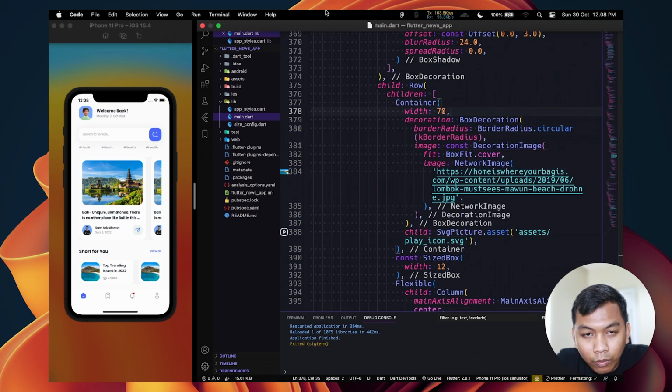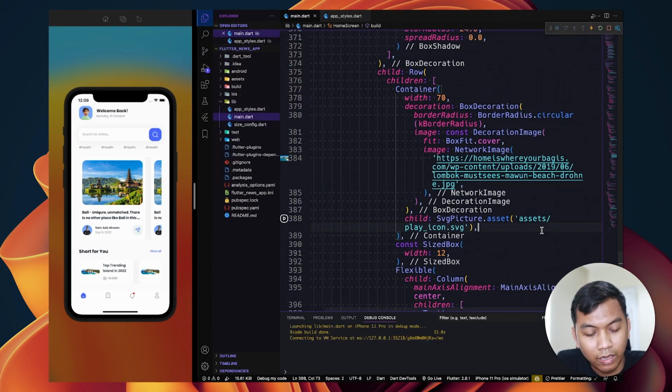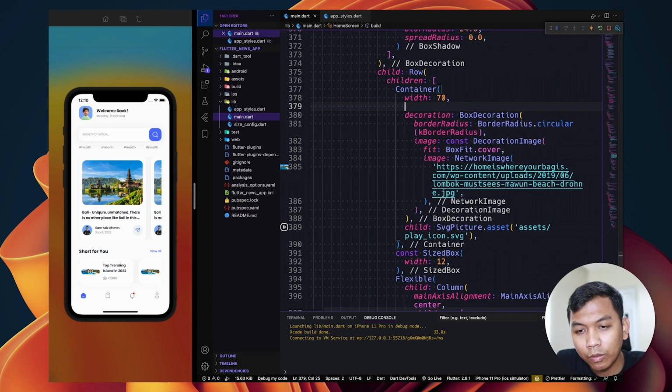So we need to run our app, and now we see our icon, but we need to say maybe hack here 70,